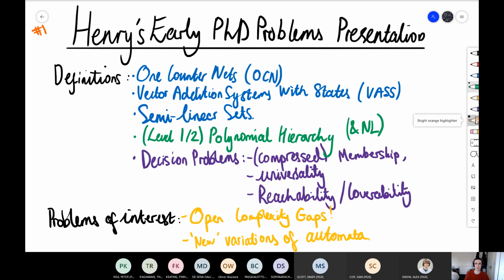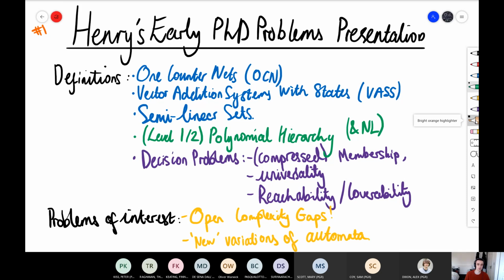I'll define them in the form of, here's their canonical complete problem, and don't worry about the semantics of what they mean in terms of Turing machines. And another one would be the complexity class NL. Some of this might be really boring to some of you, but there's quite a wide background here, so I thought I might as well.